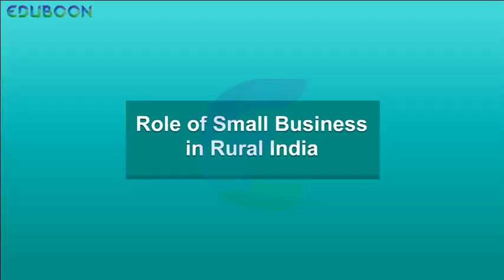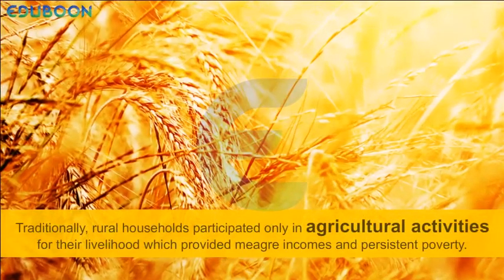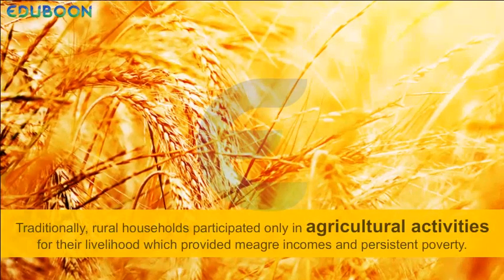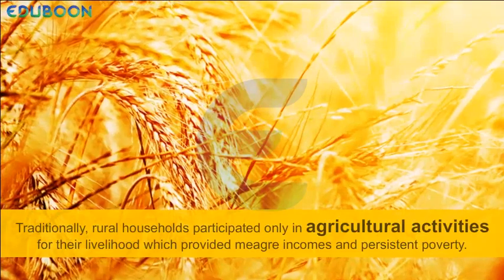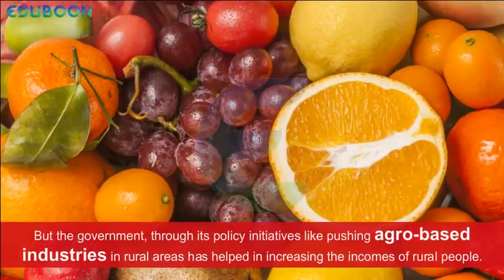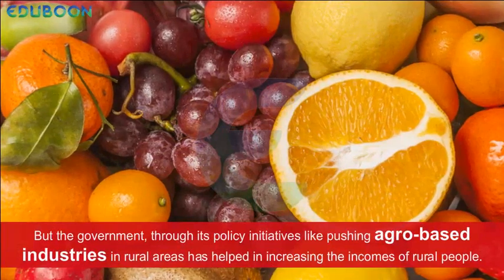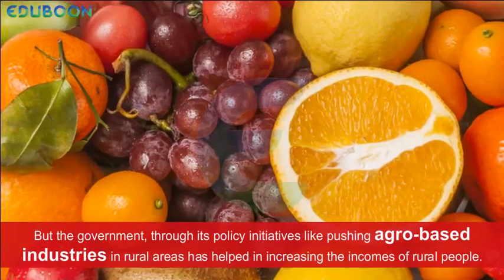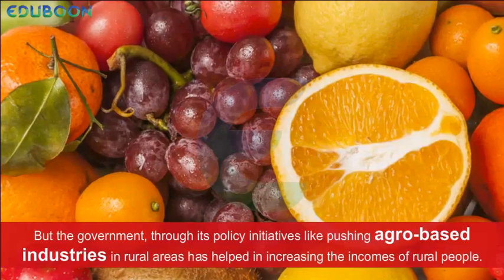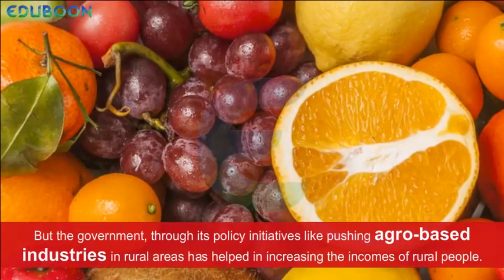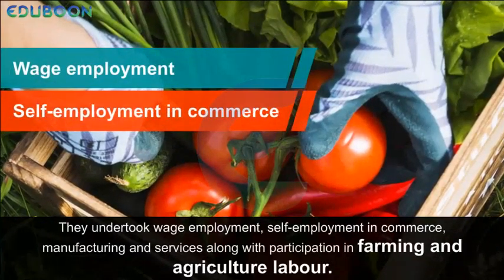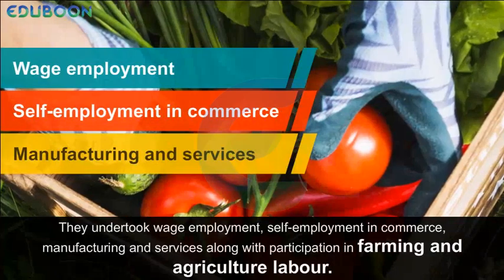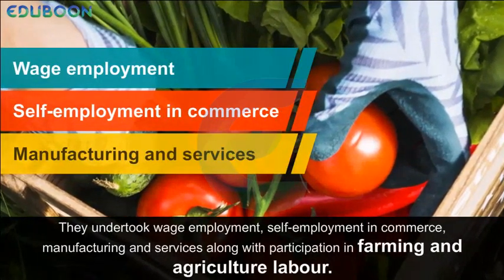Role of small business in rural India. Traditionally, rural households participated only in agricultural activities for their livelihood, which provided mere incomes and persistent poverty. But the government, through its policy initiatives, like pushing agro-based industries in rural areas, has helped in increasing the incomes of rural people. They undertook wage employment, self-employment in commerce, manufacturing and services, along with participation in farming and agriculture